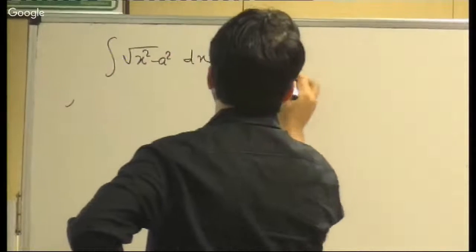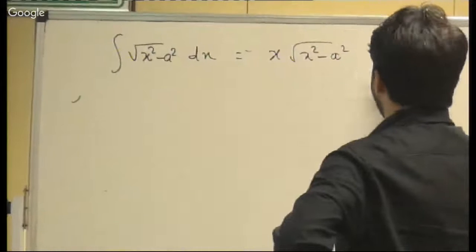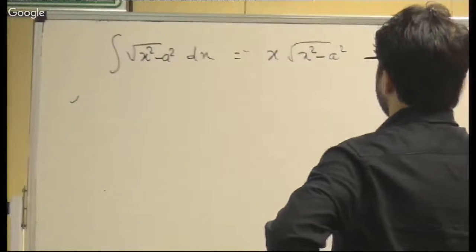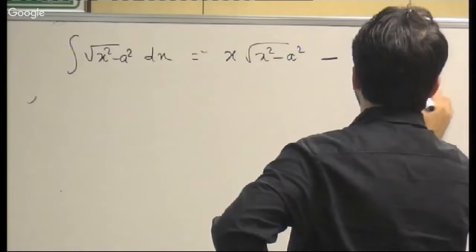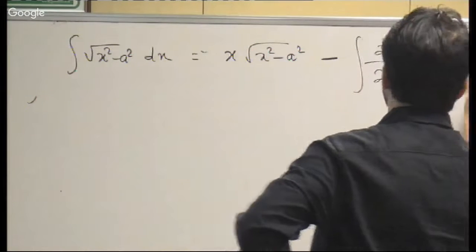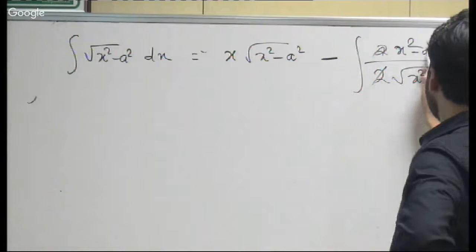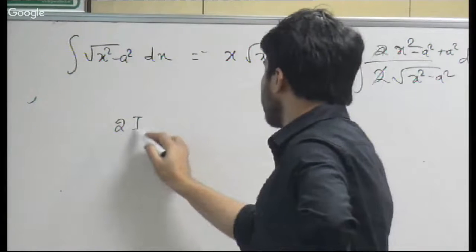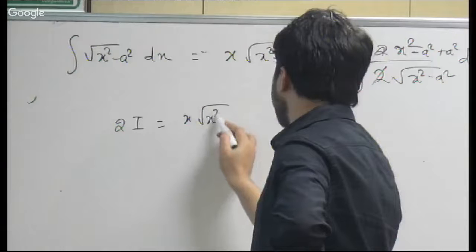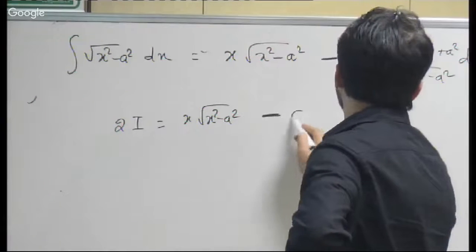I is equal to integral of under root x square minus a square dx, which is x under root x square minus a square minus integral of 2x square by 2 under root x square minus a square dx, right? So this is gone, minus a square plus a square. So 2I is equal to x under root x square minus a square minus a square